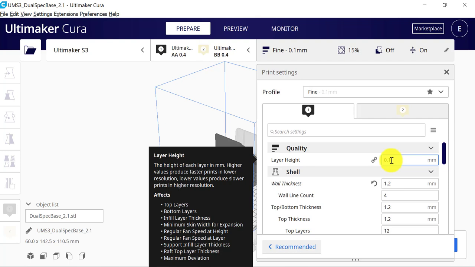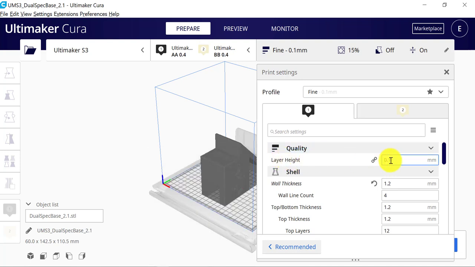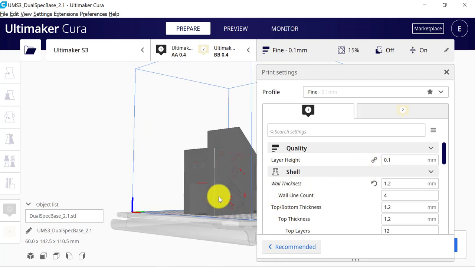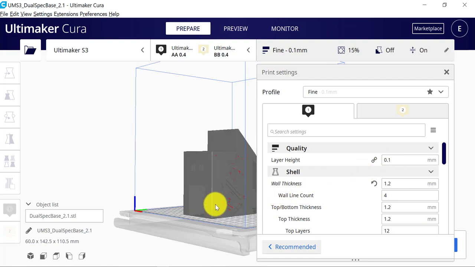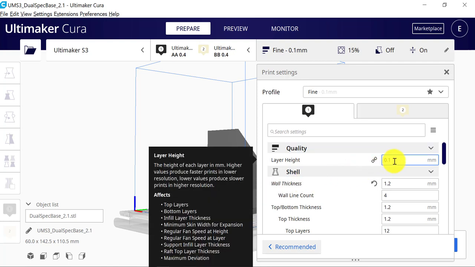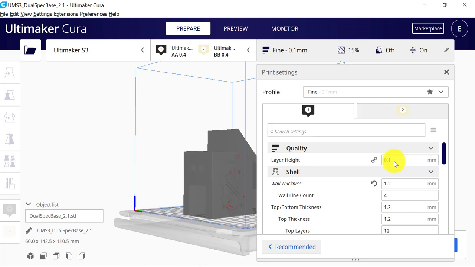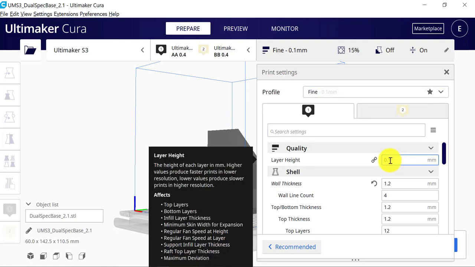The layer height here, and I should just say, if you hover over the entry, it'll give you a really quick summary of what that is. The layer height's one of the most crucial things in printing. That's physically the height of each layer, each pass as you're building this model. So 0.1 millimeters is 100 microns, so that's pretty high resolution. It's considered fine resolution. This machine can go all the way down to 0.06 or 60 microns, which is really, really